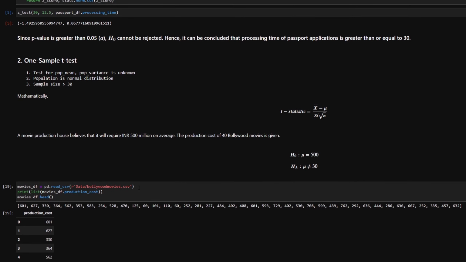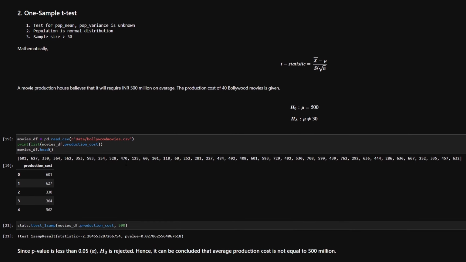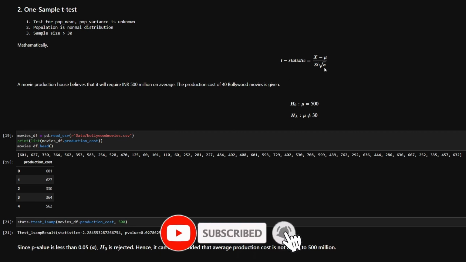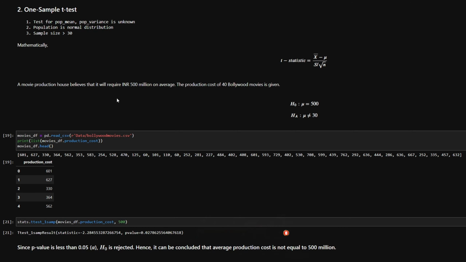Moving on, we have another type of test called one sample t-test. So one sample t-test is again for population mean, but here we do not have any knowledge about the population variance. In z-test, we do have some information about the population variance, but in case of one sample t-test, we don't have any information about it. And it is calculated as follows. These are pretty clear, I would say. Let's just jump forward to the example. All of the things that we have for one sample t-test are pretty much similar to the z-test, except for this population variance thing.